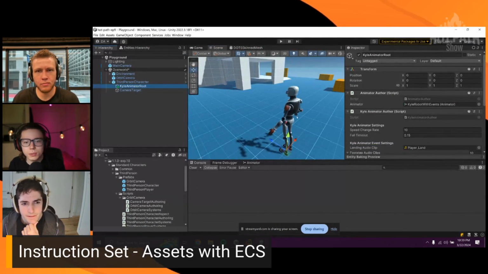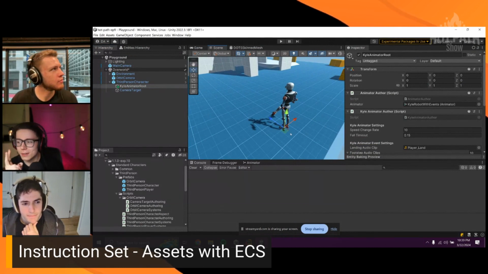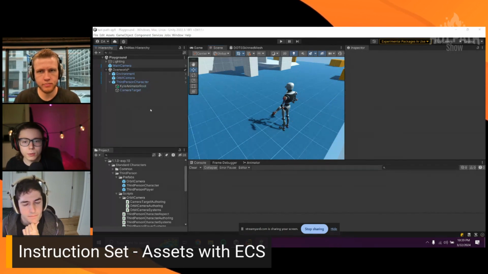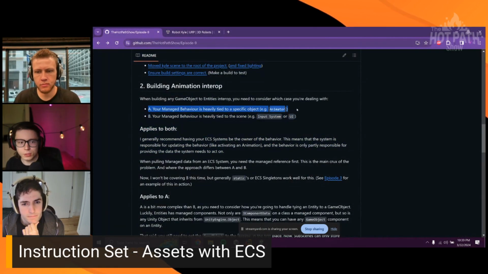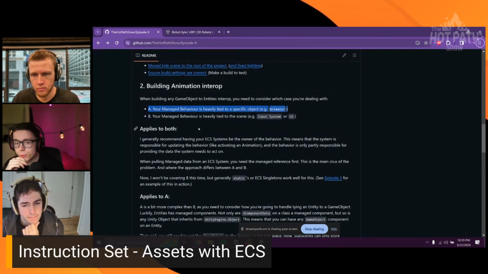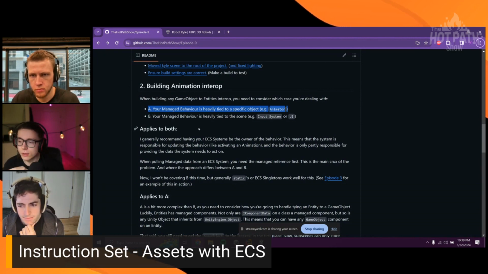Because here's the thing, we need to do two things here. In play mode, what we want is there to be a game object, and for that game object to move around with our entity. One of the normal problems I could have is, well, I'm dealing with case A here. I was splitting up the two cases earlier to a specific object or whether it's tied to a scene. In this case, we have case A. And that means that if we want a workflow where the scene is going to be the owner of the game object, which is what I generally recommend, the system that you have be the one that moves around your game object,